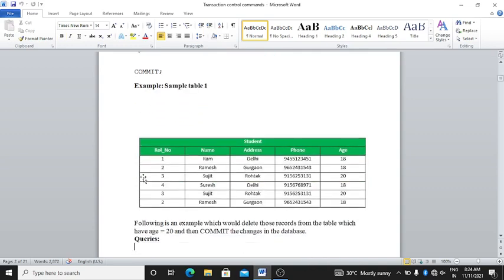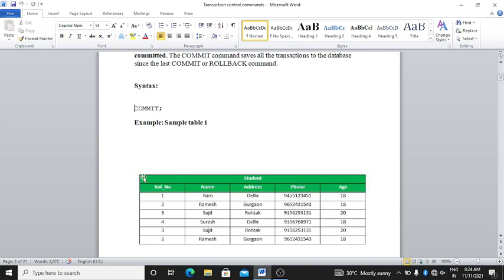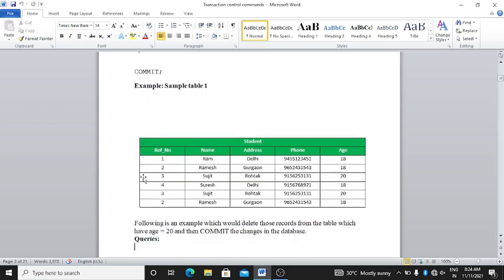Here are the roll numbers 1 2 3 4 3 2. Names, address, phone numbers, and age are there. This is the table. Following is an example which will delete the records from the table which have age of 20 and then commit the change in the database.